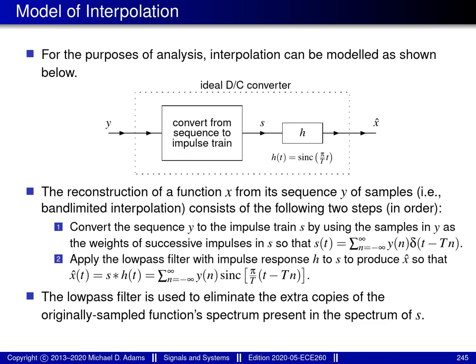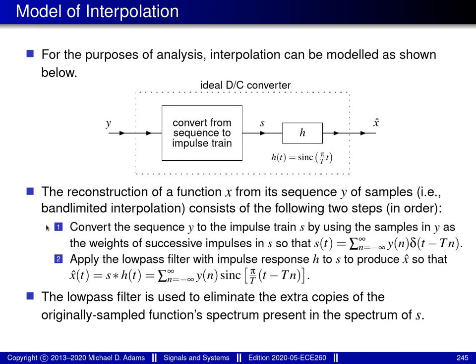The first step is associated with the block labeled convert from sequence to impulse train. The second step is associated with the block labeled H, which is an LTI system with impulse response H, where H is given by this particular formula here. This impulse response corresponds to a low-pass filter with a cutoff frequency of omega s over 2 and a passband